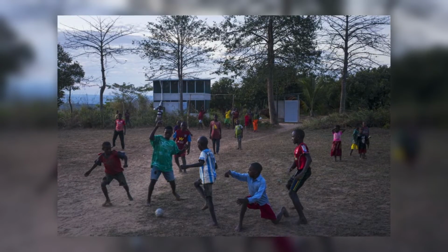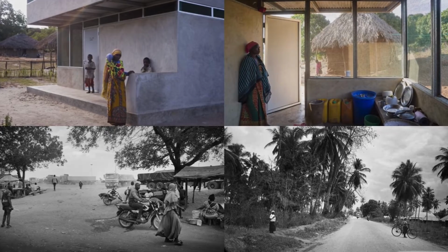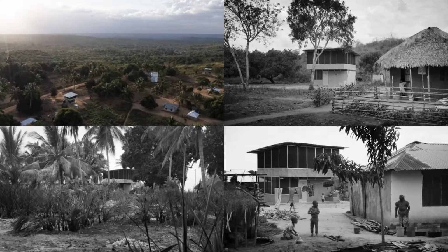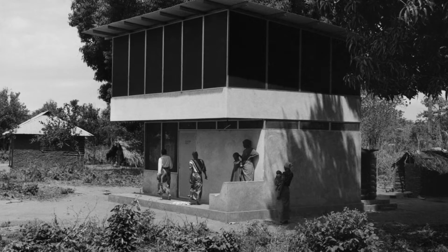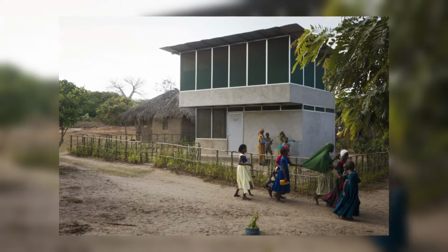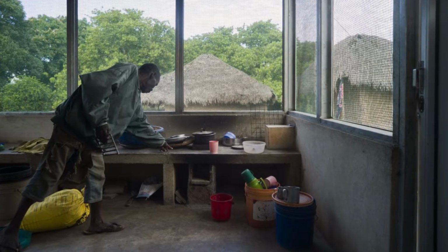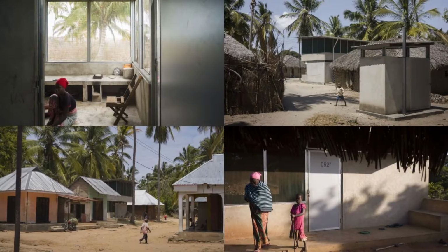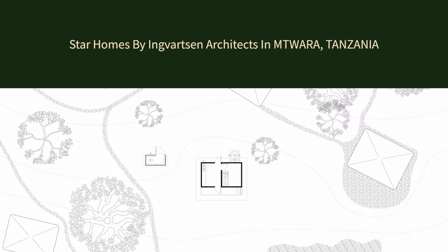The 0.75 mm thick prefabricated light gauge steel (LGS) frame can be manufactured and erected in under 3 days. Walls are solid but hollow, consisting of 2 thin layers of cement render on wire mesh, and the house is passively cooled and includes solar lights, USB chargers, and rainwater collection. The result is a home that uses 70% less concrete compared with a typical concrete block design, and has 37%